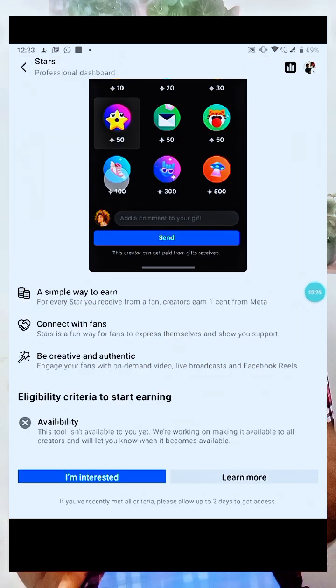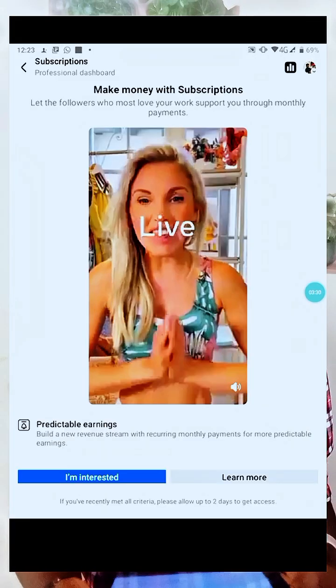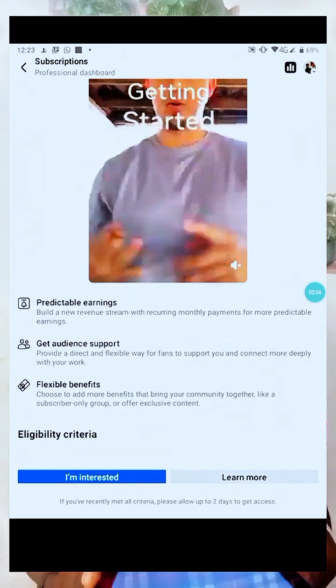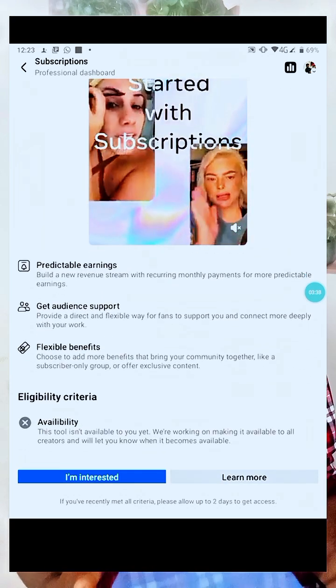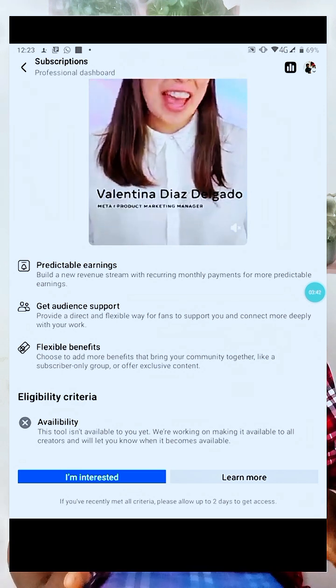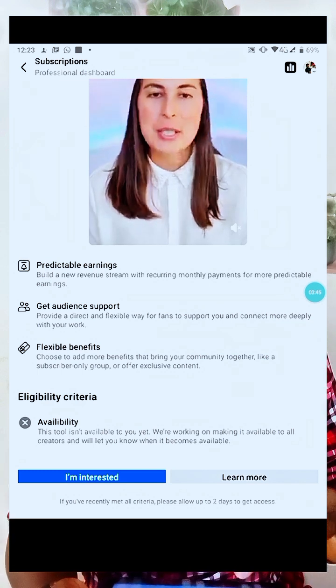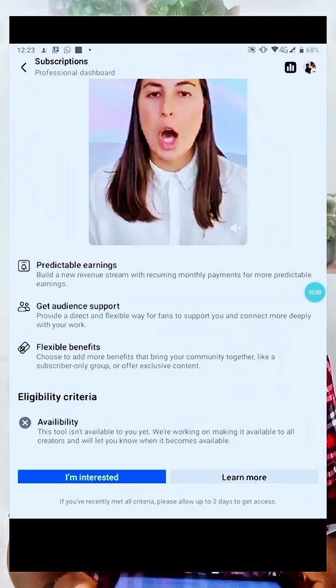Then the next one is subscription. Once you're eligible, you might want to put out content that you feel people are interested in and might want to watch, and you tell them to subscribe. Maybe you have a particular video or a training video that you don't want to put out in the public and you want to monetize.